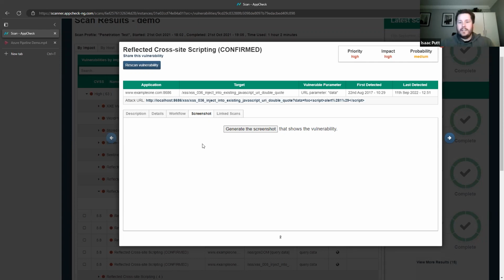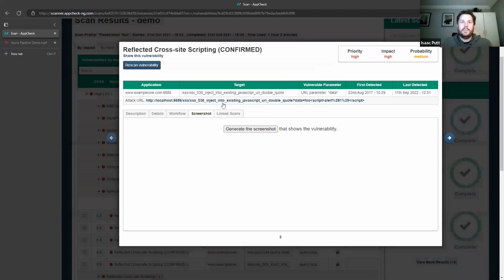So if somebody takes time to remediate this in the team, it may take a couple of weeks, may take a couple of months, could even be longer. But in reality, when that person's prompted you to say that this has been fixed, either AppCheck will dynamically tell you it has or hasn't based on regular testing, or alternatively, you can jump into the system, hit rescan vulnerability, and it will tell you if this vulnerability is still there, if it's been fixed as per the guidance given, or if the way that they fixed this vulnerability introduced a separate vulnerability, it will also be presented as well at the click of your finger.